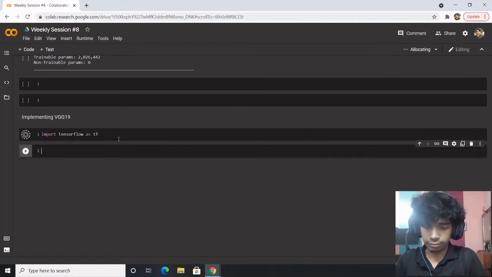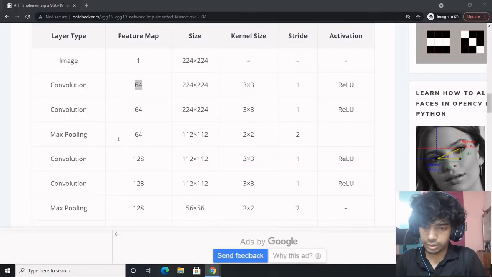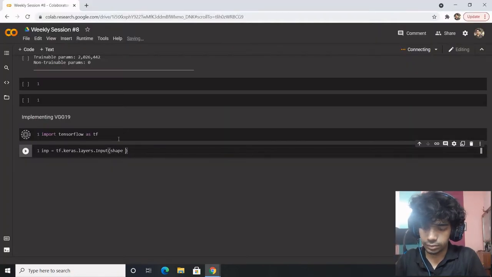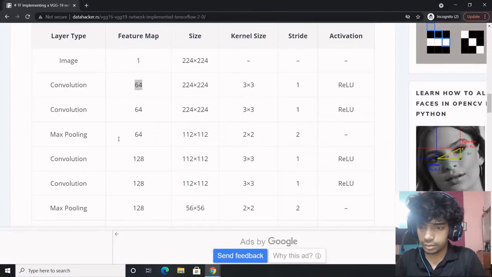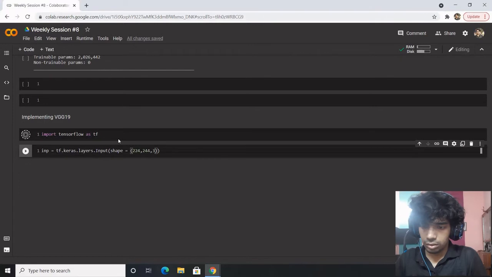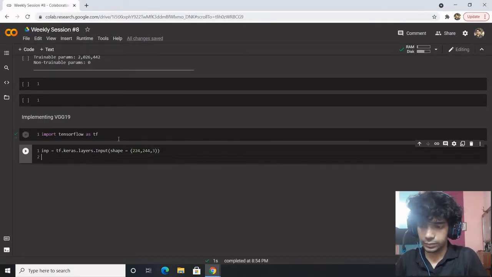Then we have input equal to tf.keras.layers.Input, with shape equal to (224, 224, 3). All right, let's define x. x would be equal to tf.keras.layers.